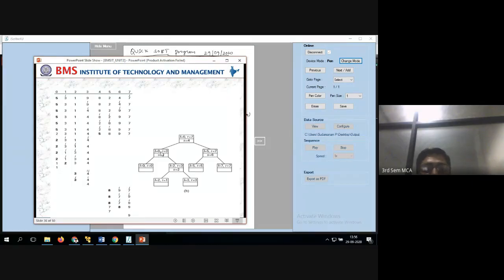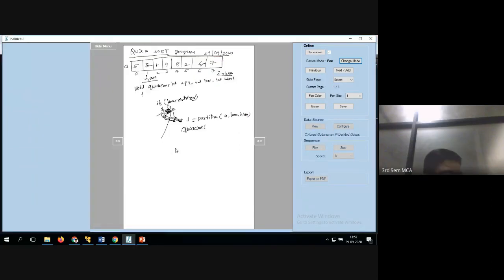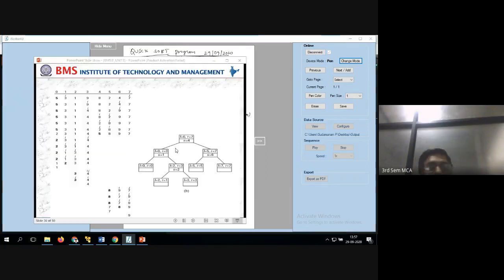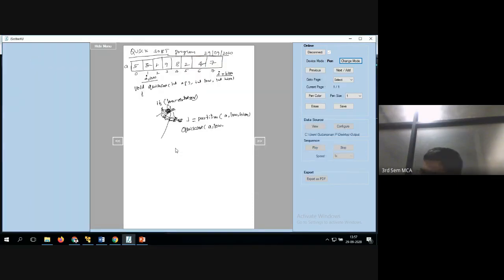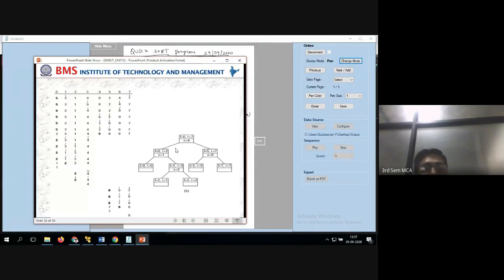So now you have to call this one. So 0 to 3 only. That is nothing but j, the 3 is the j value. Now how to write the function: quicksort. You will have the a same, and low value is the same, and another one is j minus 1. So you see here you are making the partition 4.